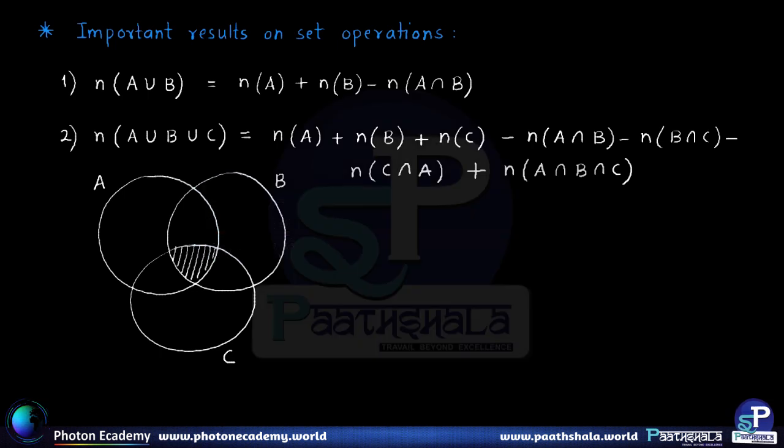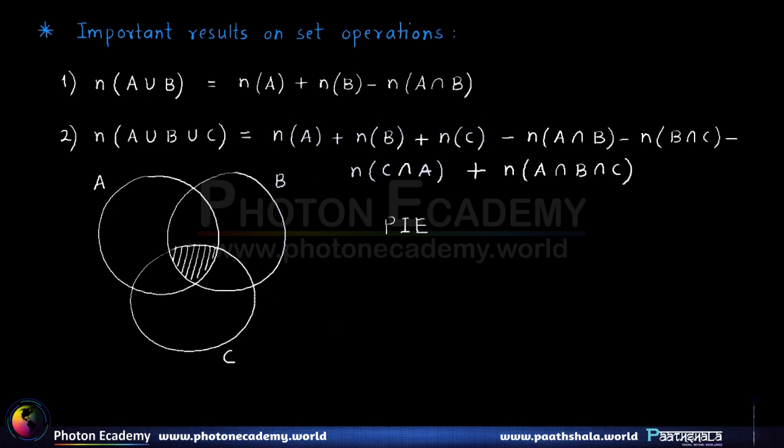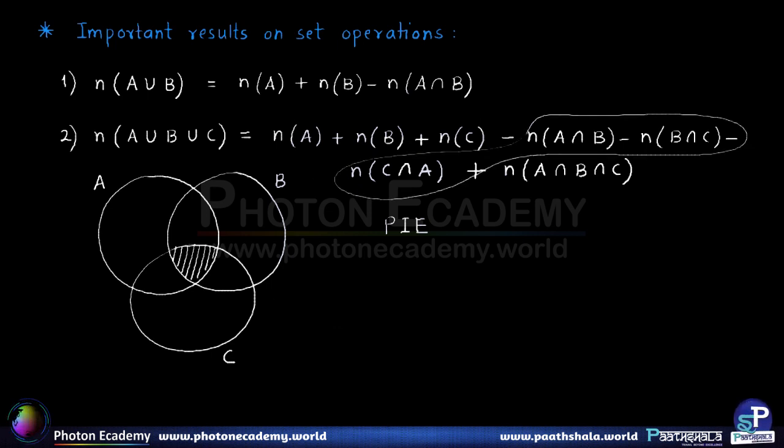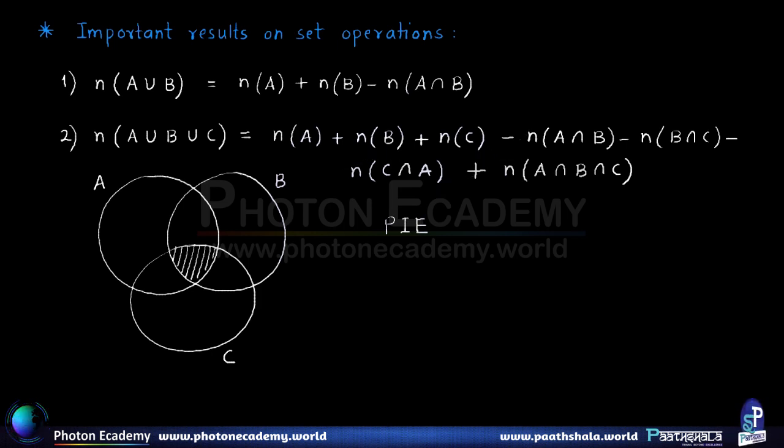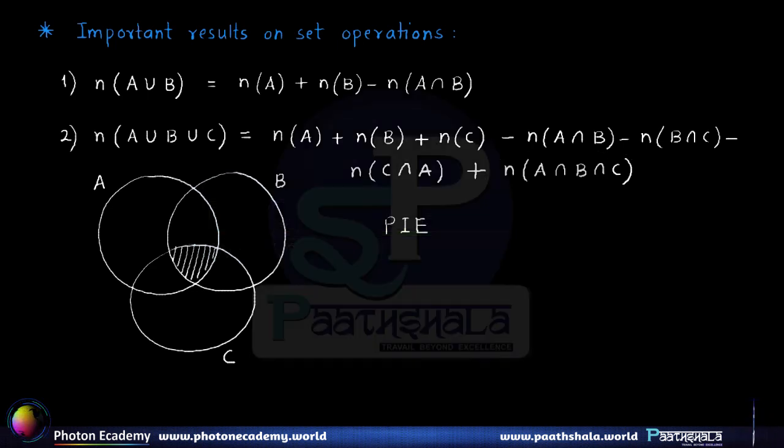Now this can also be extended to any number of sets, and that principle is called the principle of inclusion exclusion, for the very simple reason that we are including the count of one set each, then we are excluding the count of two sets taken together. Now to that we are again adding the count of 3 sets taken together. So alternately we include and exclude the relevant counts, therefore that is called the principle of inclusion exclusion. Now let us see additional results.